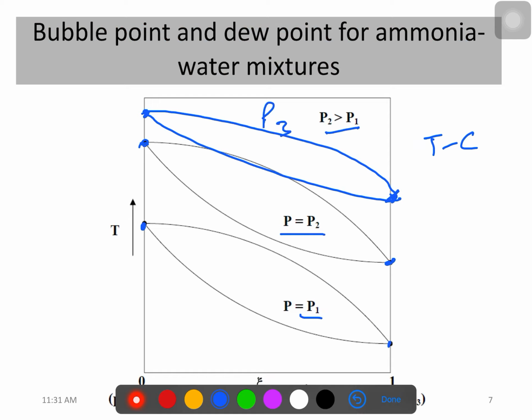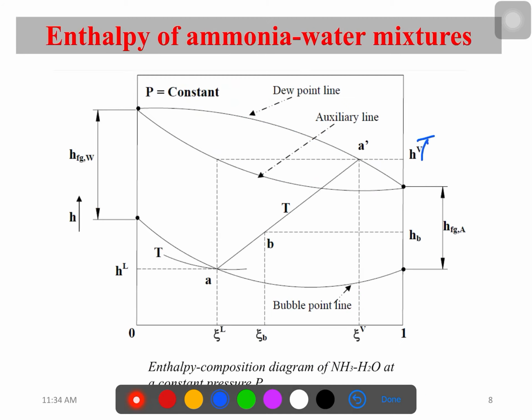In the previous figure we can easily get the concentration of the liquid, concentration of the vapors, and total mass of the ammonia, the mass of the water. So these things we can calculate from this figure. Now we need to get the enthalpy. So in order to get the enthalpy, this is the chart. One thing which we can see is to get the enthalpy, once we know these concentrations,